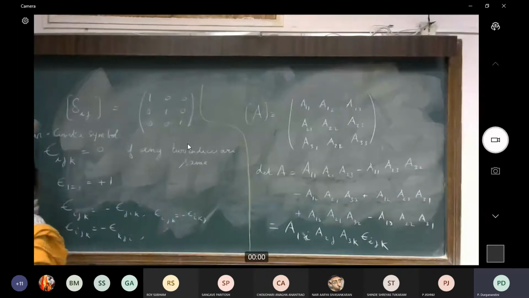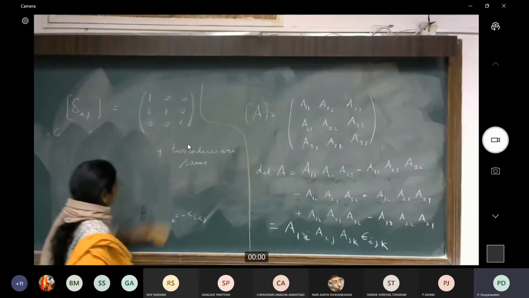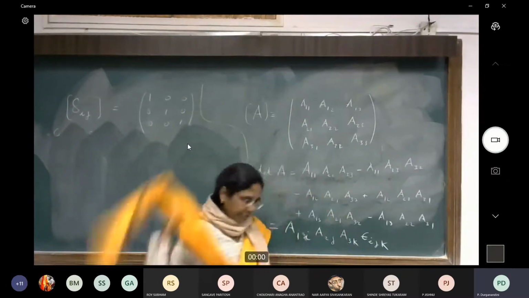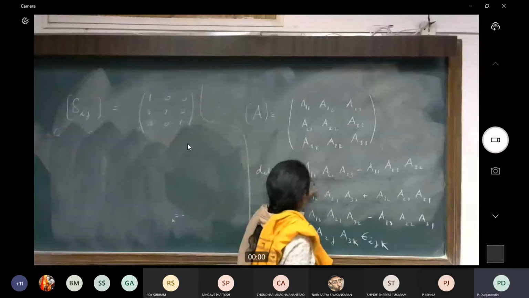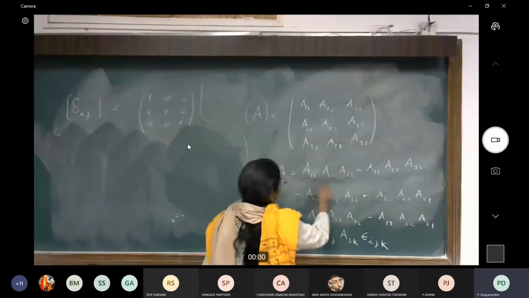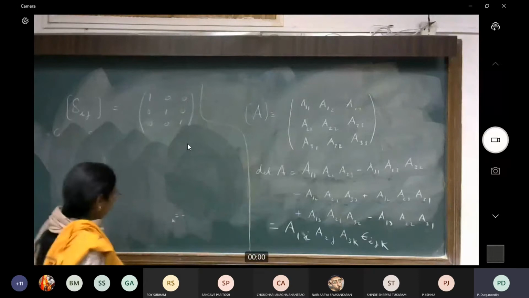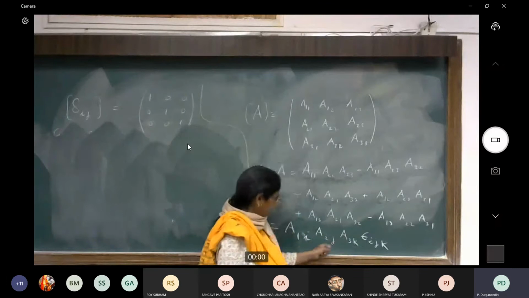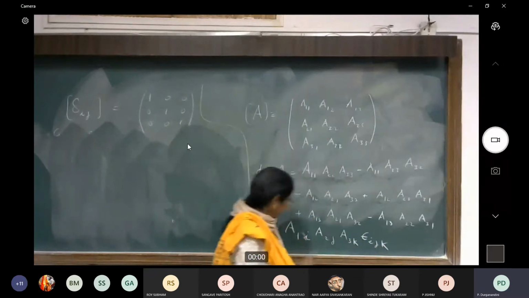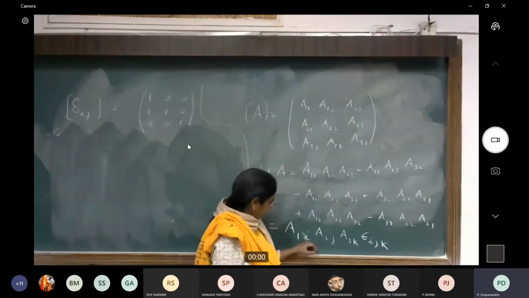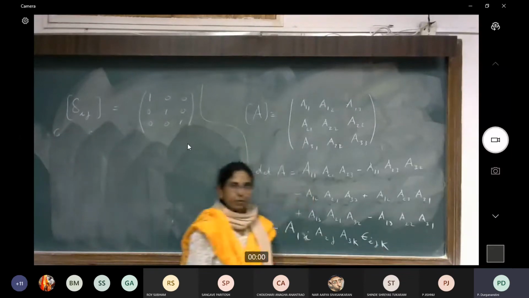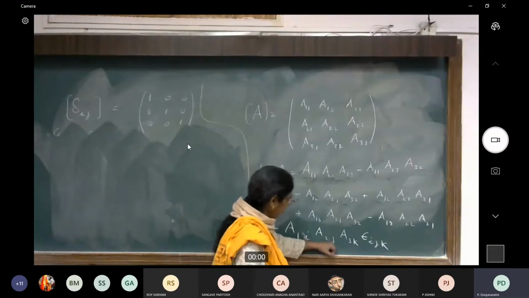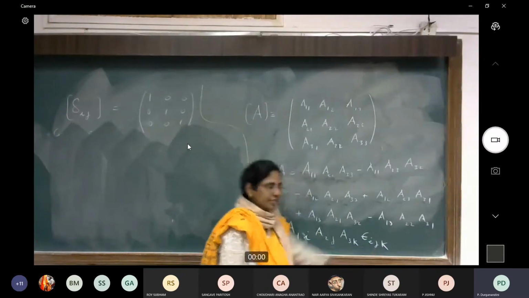But now I can do a little bit more manipulation here. See, after all, these are just numbers. So I could have as well written this as A22, A11, A33. So let me write it in the following way. See here in this last expression, I have A1i, A2j, A3k, epsilon ijk. And the dummy indices are i, j and k. All these are summed over. Now whether I call the dummy index i here or j here, it doesn't matter. I could have as well called this j and call this i and equivalently change this here.